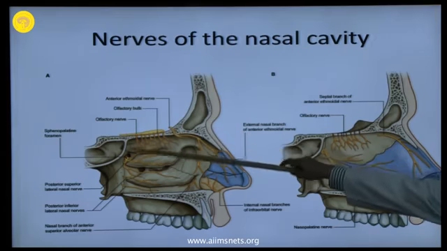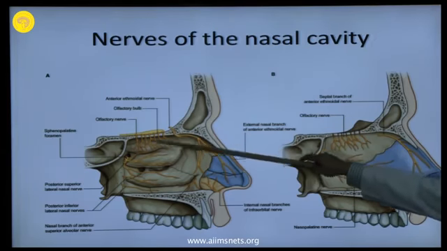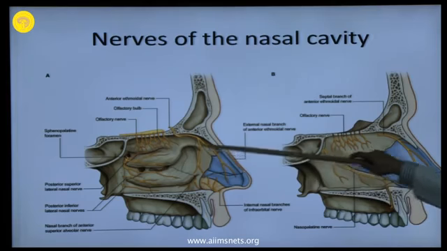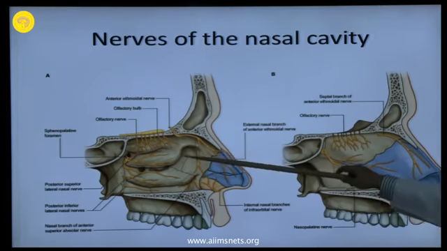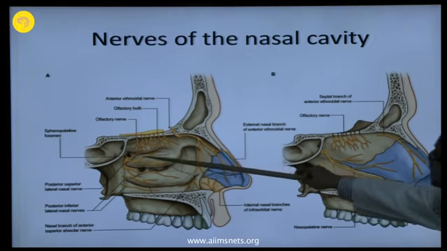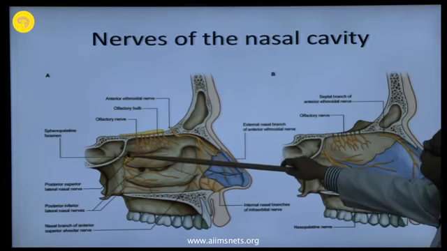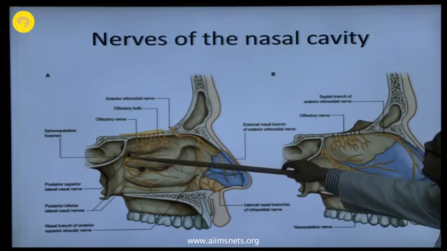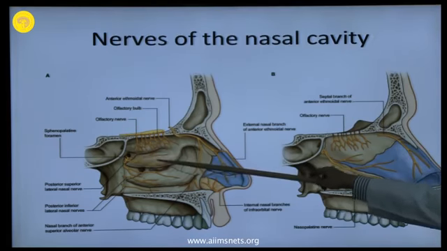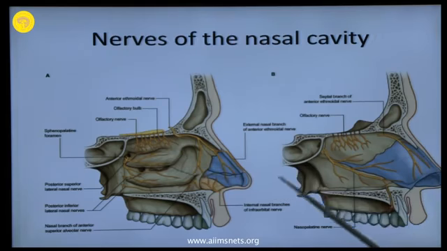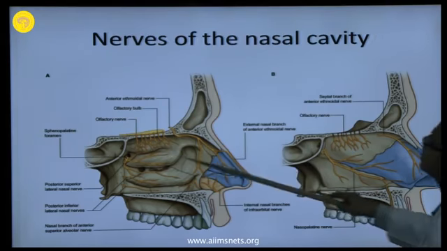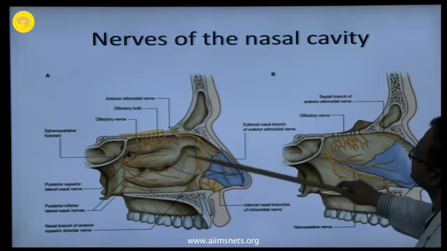The upper part is the olfactory area, which is the upper quarter actually. If you damage this area, then there may be some olfactory problems, and if you damage the nasopalatine foramen, if you go towards this side, there may be damage of these nerves, and anesthesia will be there. So try to preserve the normal anatomy without damaging the structures.